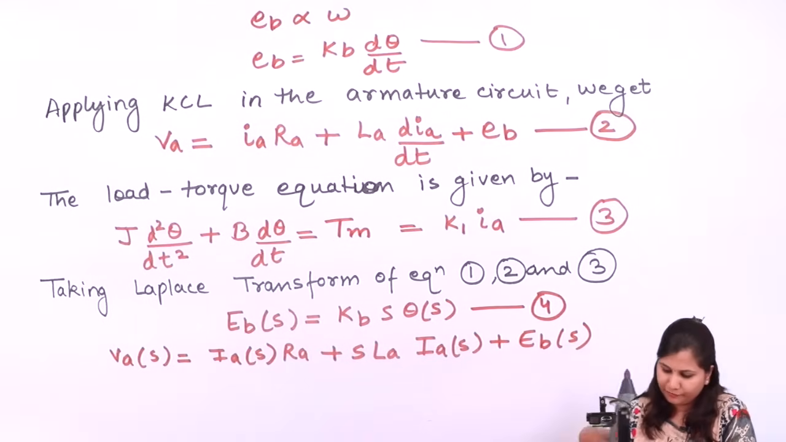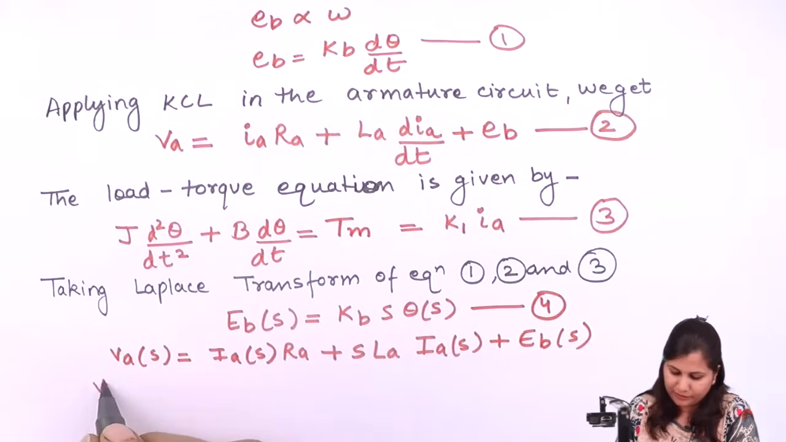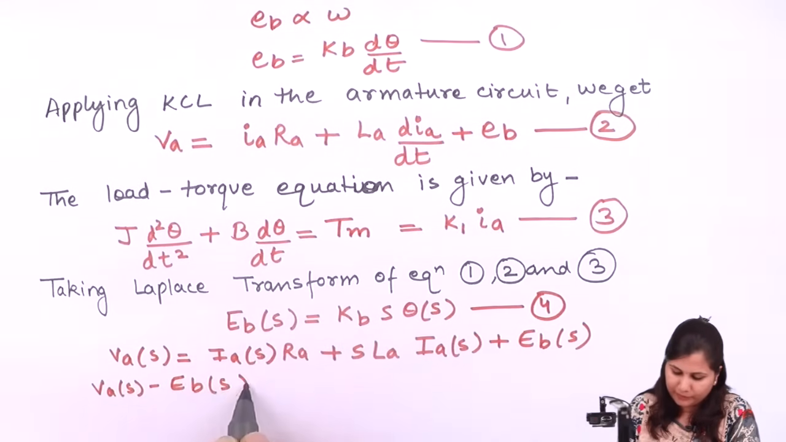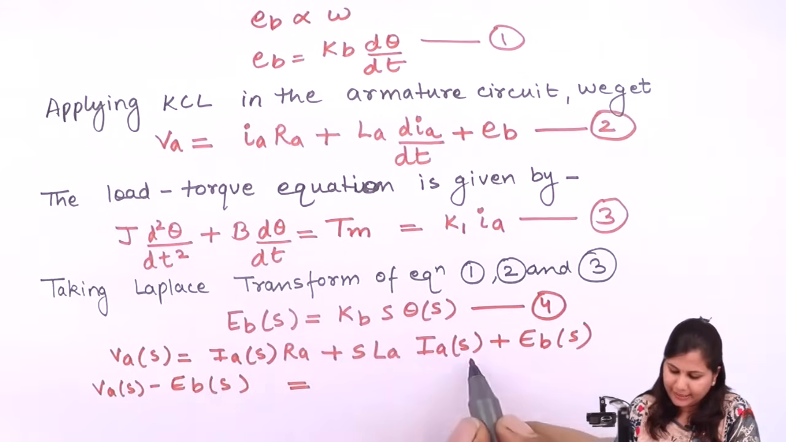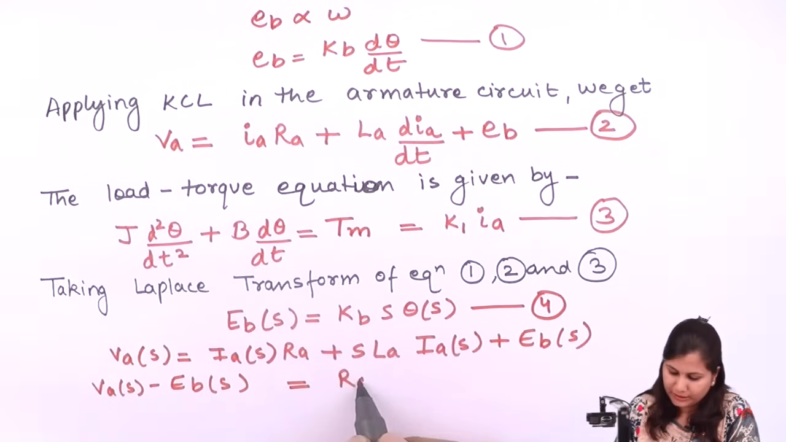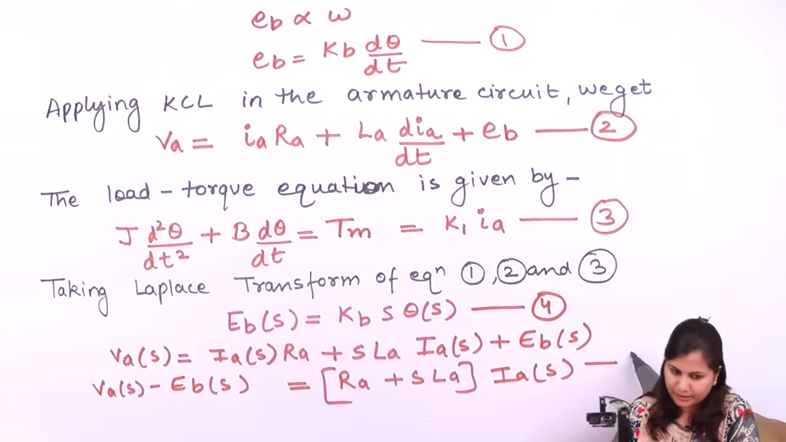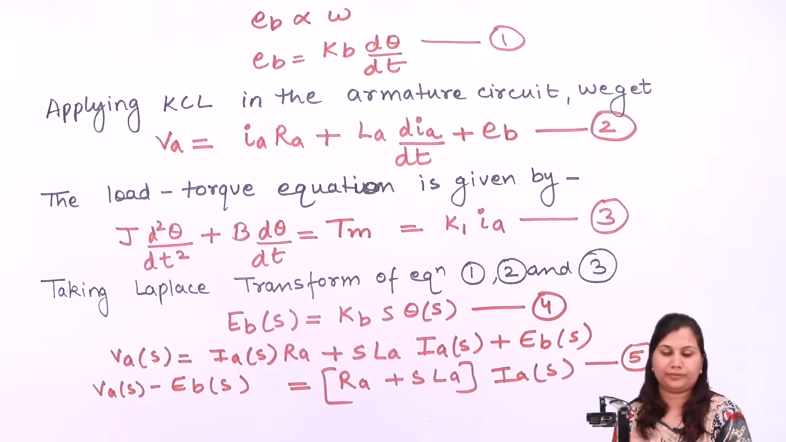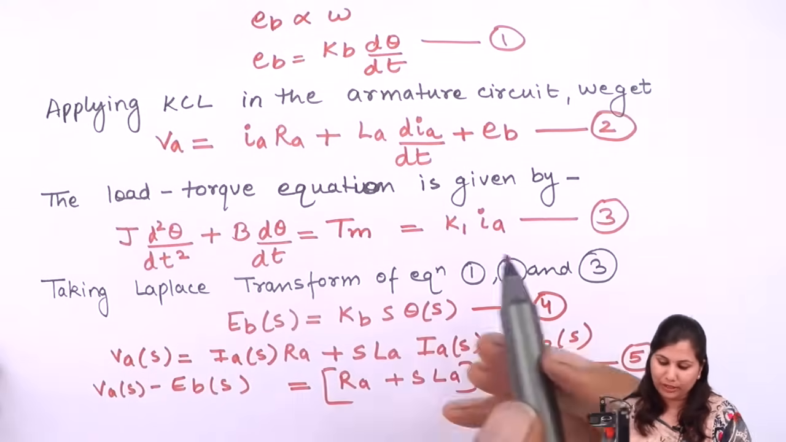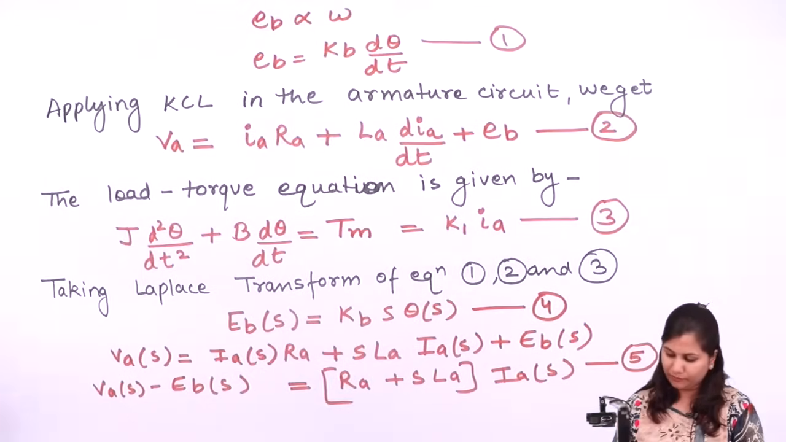Okay, so if we shift this EBS to the left hand side, we will get VAS minus EBS equal to, IAS can be taken as common, so it is (RA plus SLA) IAS. Number this equation as fifth. Now taking Laplace transform of third equation, we will have,